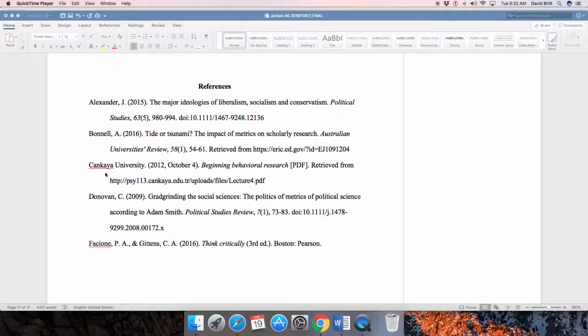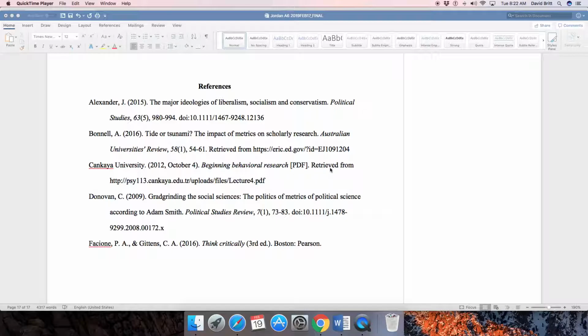The next one is how do you cite a website article? And so this is the name of the university and the name of the site if you don't have an author. If you have an author, you put the author's name here the same way that you did it here. But since this one did not have an author, you can put the university or the publication there, followed by the year of publication and the date of the publication, with the month being first and then the day after that, with a period,